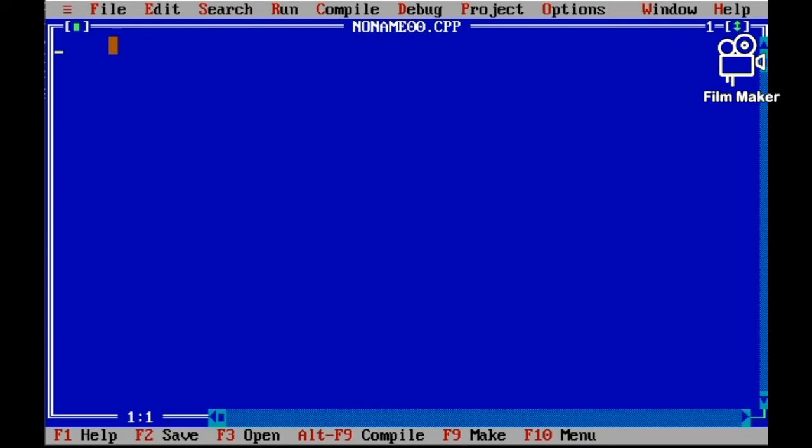Let's start our program. In C programming, how can we do the program? First of all, hash include stdio.h, you know, the standard input output header file.